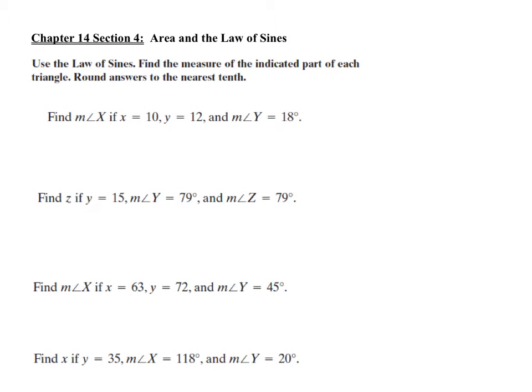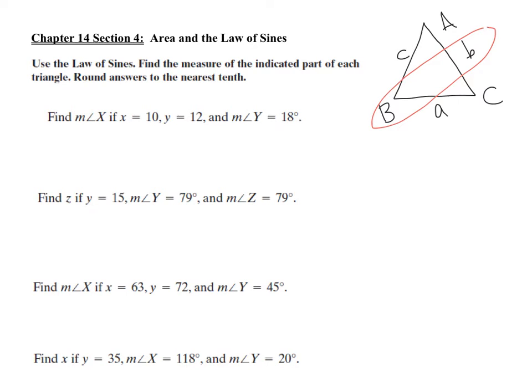Okay, law of sines is if you have a triangle and this is angle A, the side opposite is lowercase a. If this is angle B, the side opposite is lowercase b. If this is angle C, the side opposite is lowercase c. The sine of the angle measure and the side opposite is proportional to this angle and this side opposite. So what that means is the sine of B is to lowercase b as the sine of C is to lowercase c,